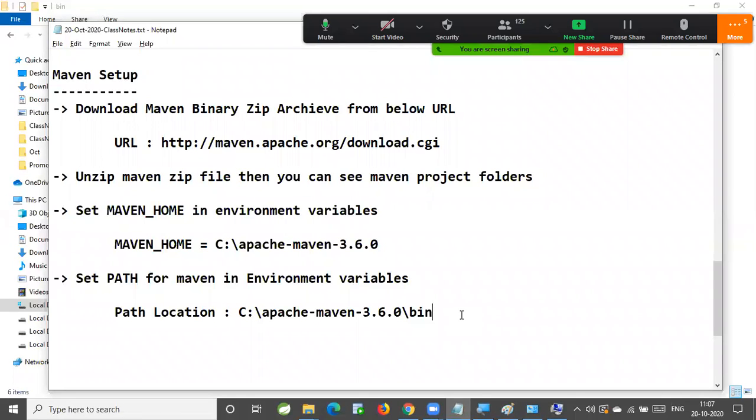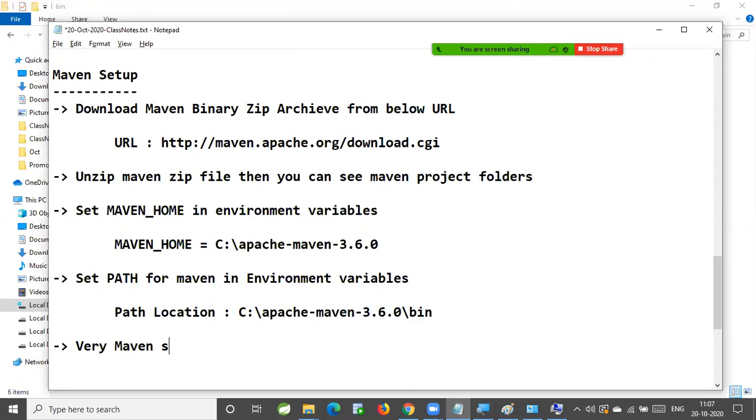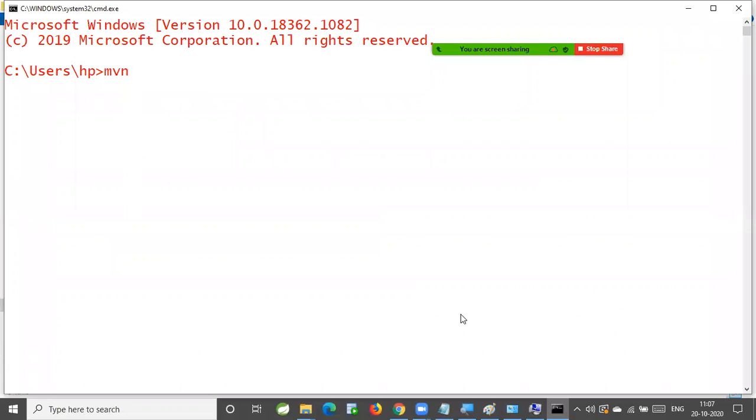After doing this, verify the Maven setup. How to verify it? Open your command prompt and run mvn -v. MVN stands for Maven.